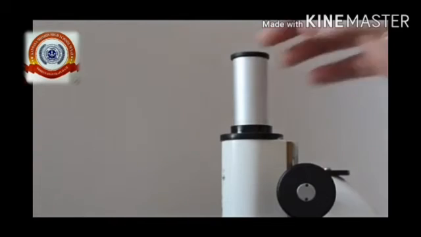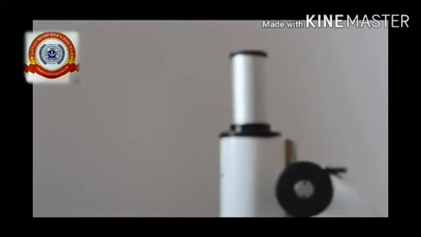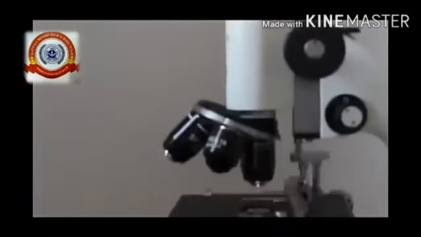The first one, eyepiece. This is the part used to look through the microscope. This is the lens the viewer looks through to see the specimen. It is used to magnify the objects. The magnification power of the eyepiece can be 5x or 10x, meaning it enlarges 5 times or 10 times.